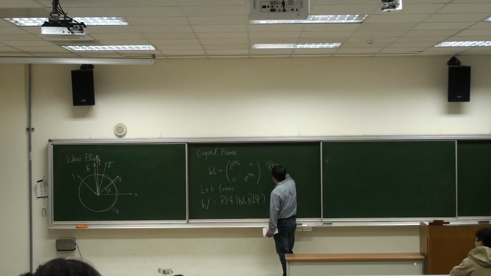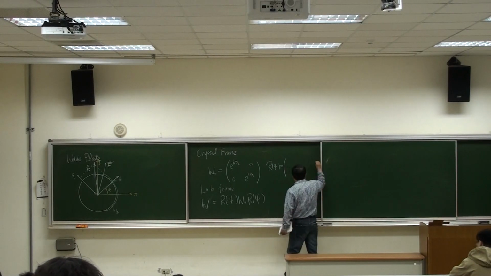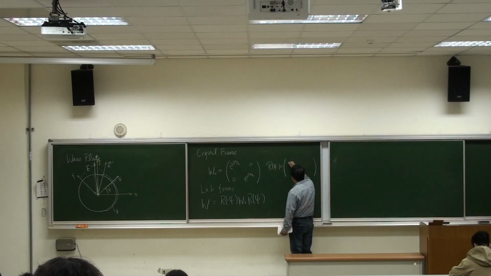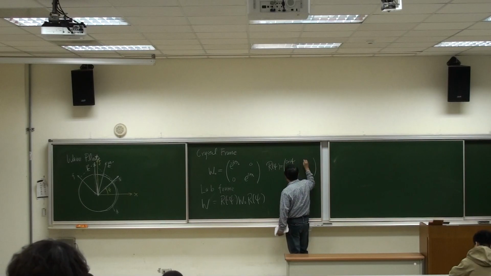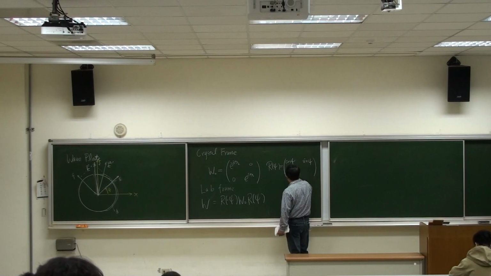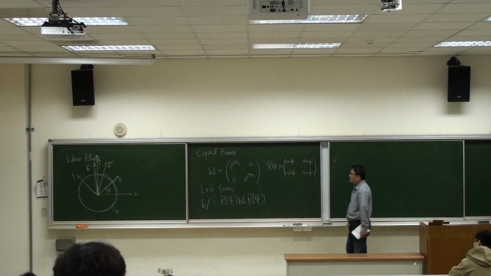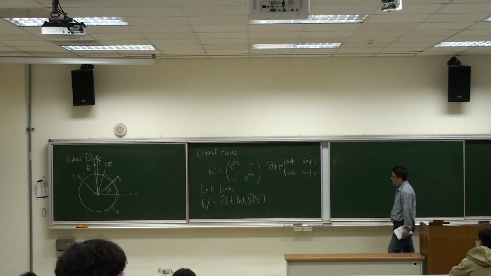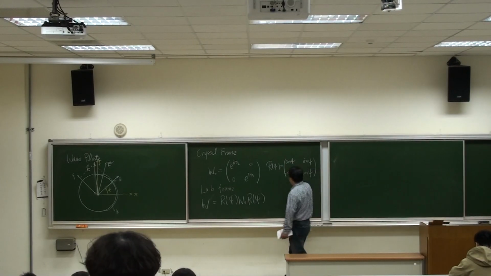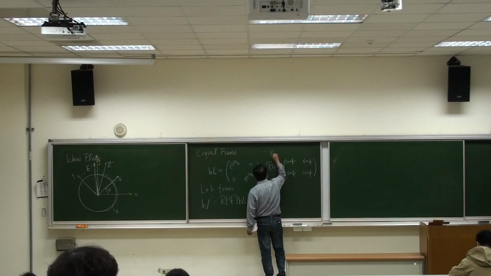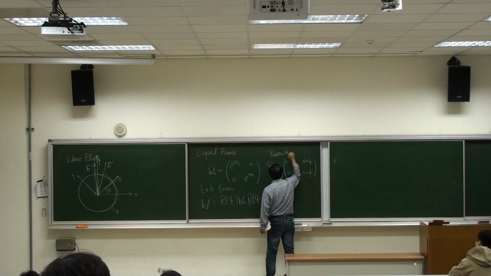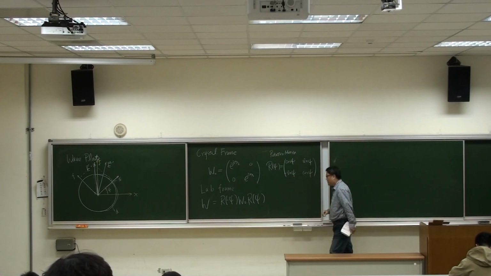R psi is the rotation matrix: cosine psi, sine psi, minus sine psi, cosine psi. And the rotation matrix R psi